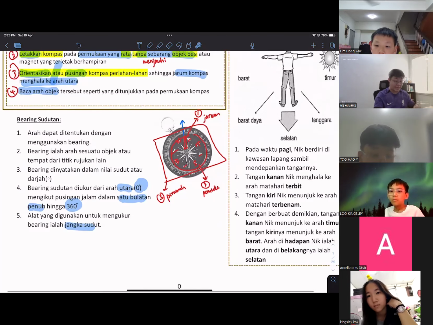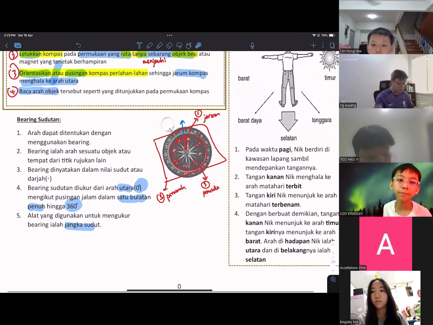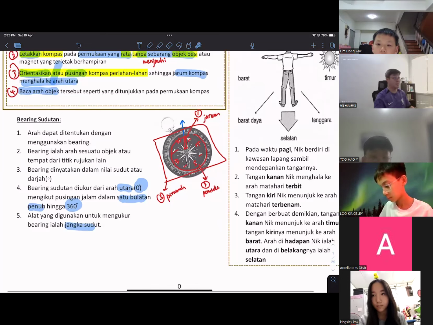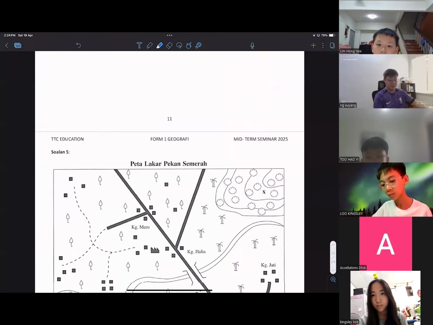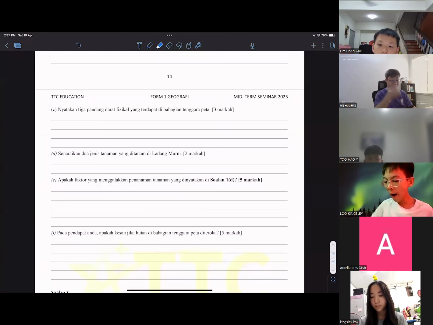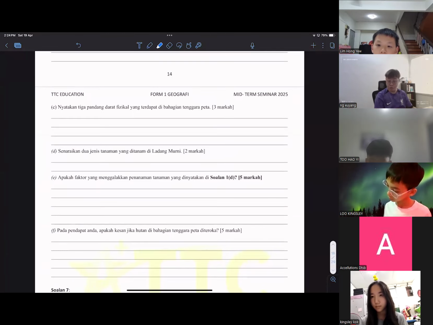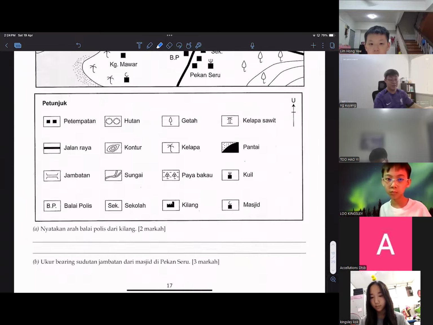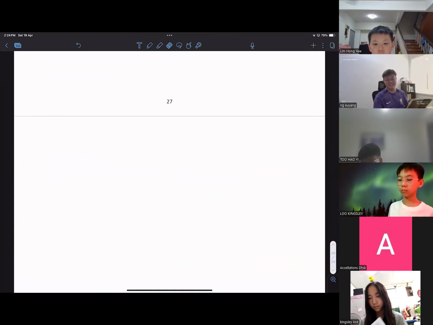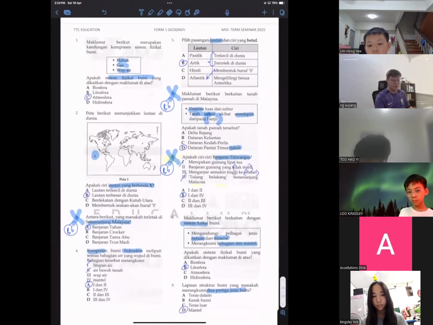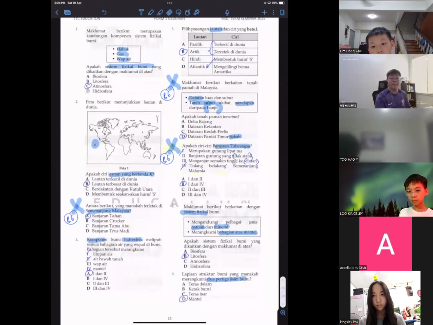Then we try to cover up some of the exercises for just part one. So guys, flip all the way to page number 7. Objective, guys. I actually wanted to prepare all the answers for all the essays, but those who attended my class yesterday know that I was not feeling well. This morning I'm only slightly recovering, so I do not have the energy to prepare the answers. All I did is spend 5 minutes to prepare the answers for the objective questions. So remember, before we leave the class, ask me to show you the objective answers, then you refer and copy, try your own first, and then compare with mine.